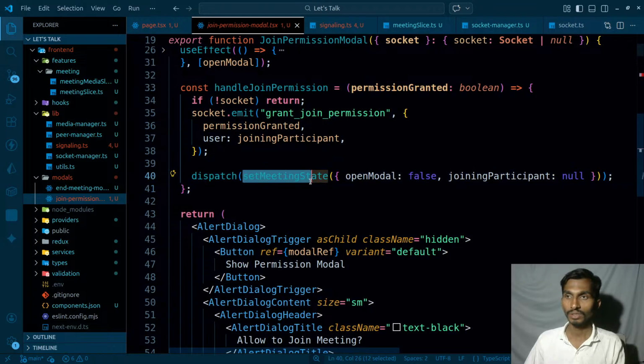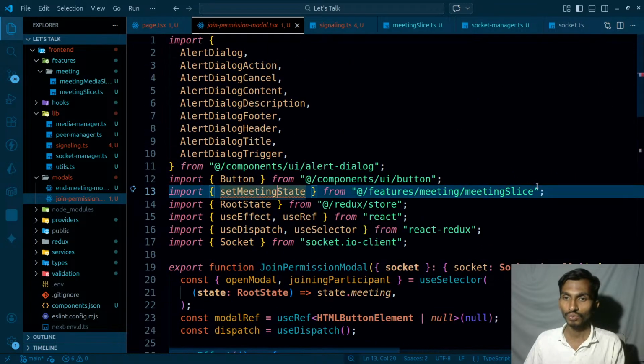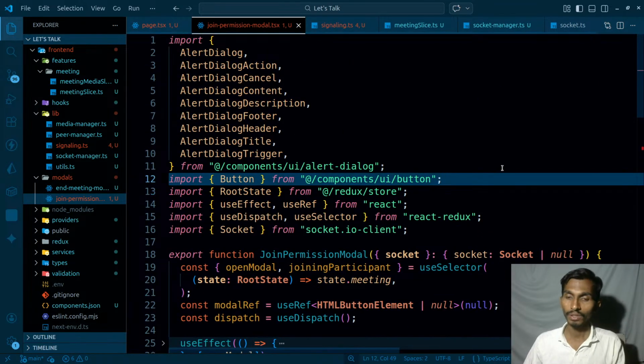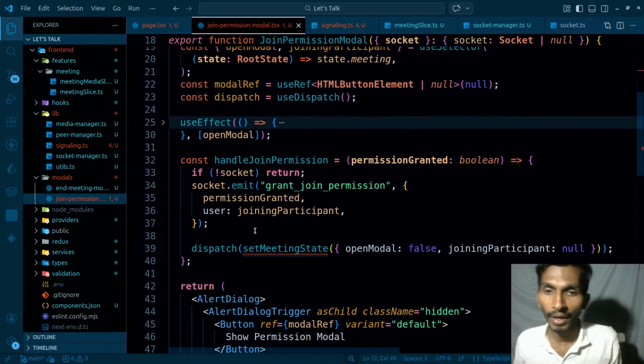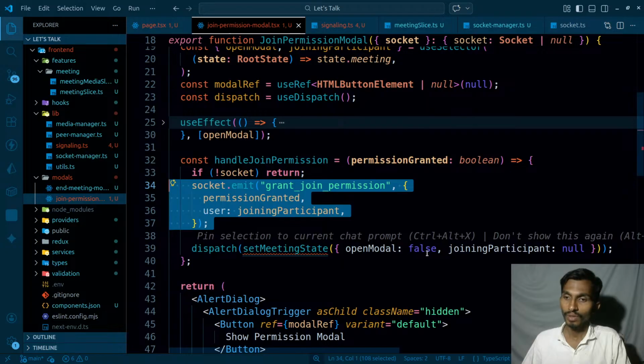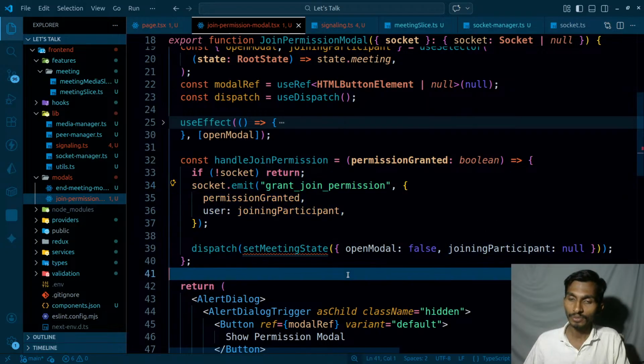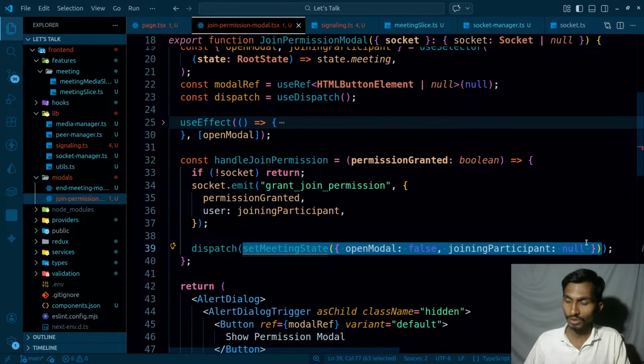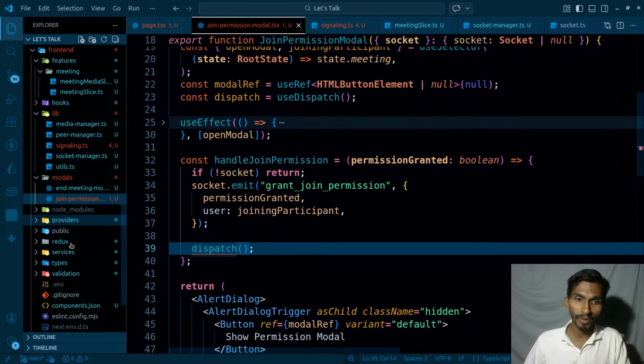And then I'm dispatching and setting the meeting state. Again, this is something that's going to be wrong here. So this set meeting state, let's simply remove it, because what am I trying to do here? As soon as grant join permission happened, after that open model should be false and joining participant should be null. That simply means that is closed model, right? So I can go back to my